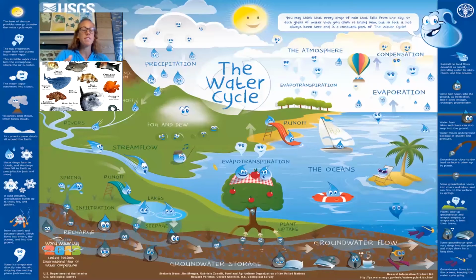So the USGS has a fantastic website, especially for working with kids. It goes into depth, and they have this game where you can actually be a water droplet and go on a journey and an adventure. It prompts you and asks questions as you go along. So it'll be like, okay, I just fell down from the sky. What is that called? And then you have to click on precipitation, and you follow from the clouds,